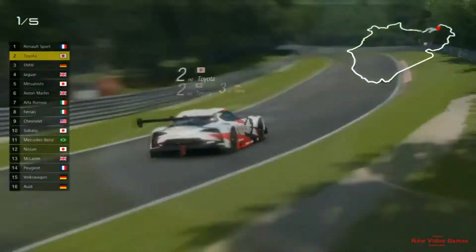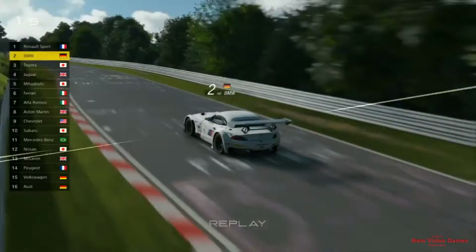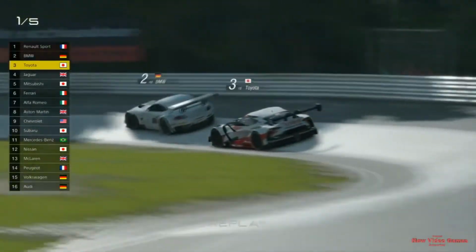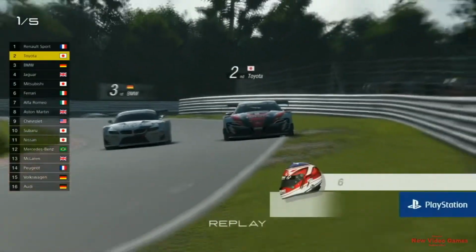Good move, very good move from the Toyota driver. I don't think the BMW will be able to get a good look at it for a while now. He's going to have to look at the replay. Yes, it's coming up to the carousel. You see, the BMW got too late on the brakes, and then the Toyota driver got a really good run through the